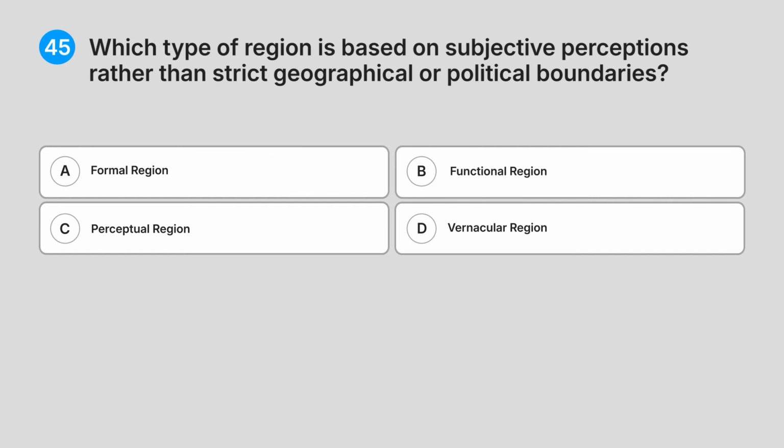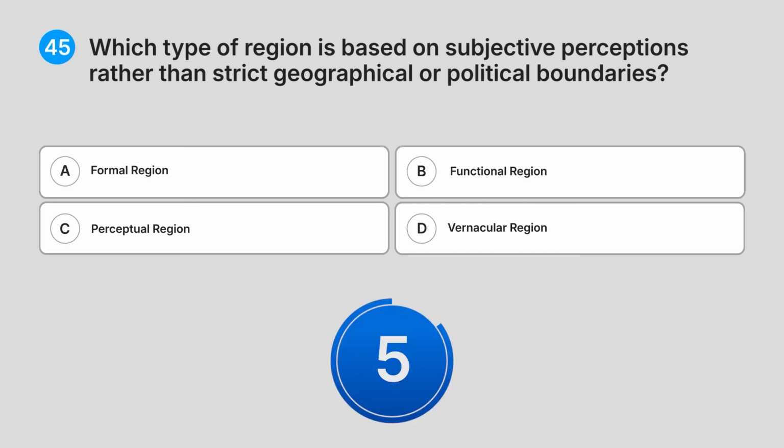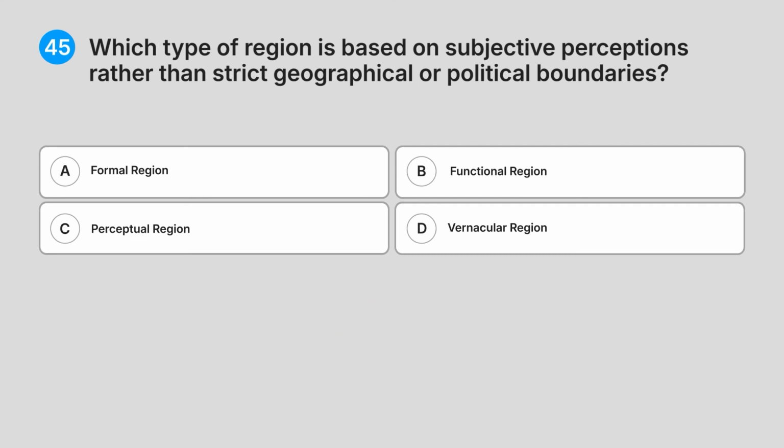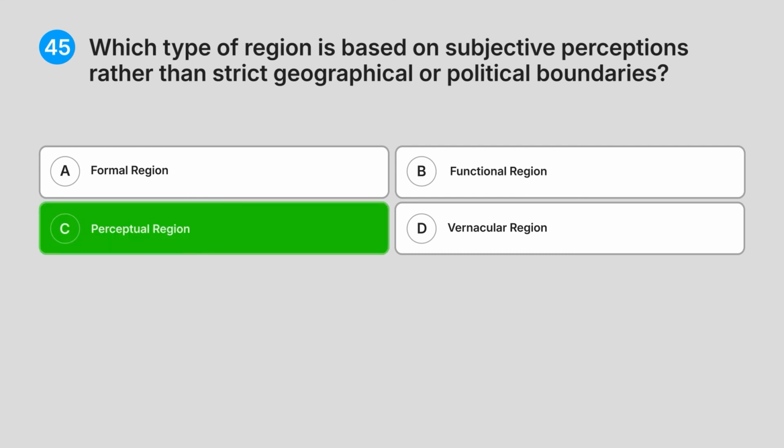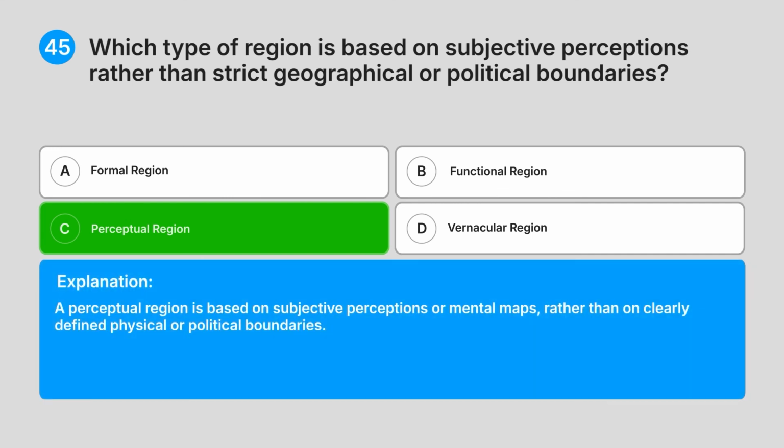45. Which type of region is based on subjective perceptions rather than strict geographical or political boundaries? A. Formal region. B. Functional region. C. Perceptual region. D. Vernacular region. Do you know the answer? Correct answer. C. Perceptual region. Explanation. A perceptual region is based on subjective perceptions or mental maps, rather than on clearly defined physical or political